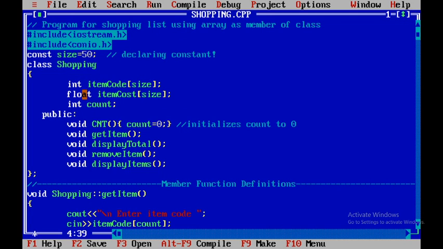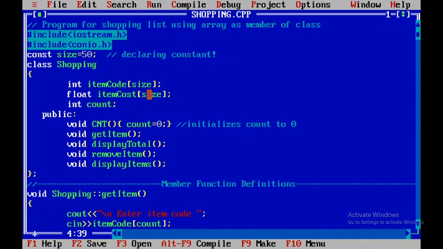I am also creating one more array of type float: float atom cost, in square brackets size, that means 50. So atom cost is an array of type float with length 50.